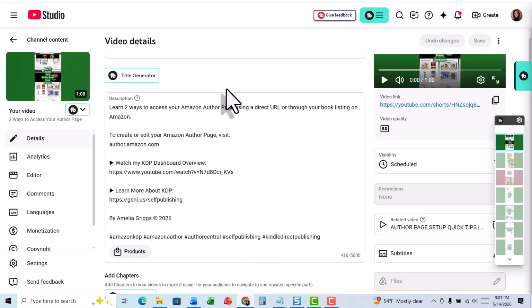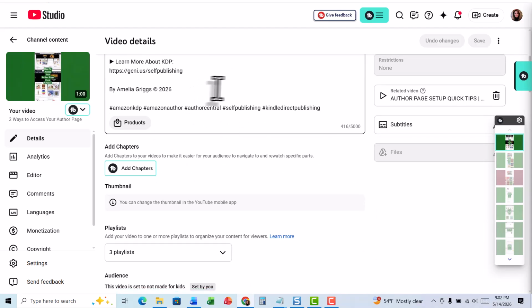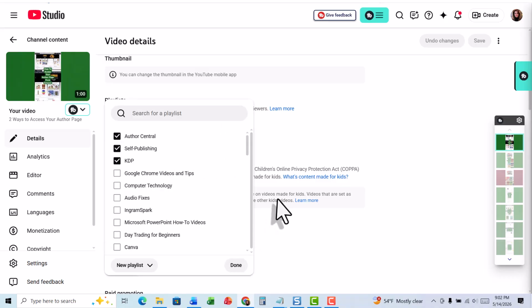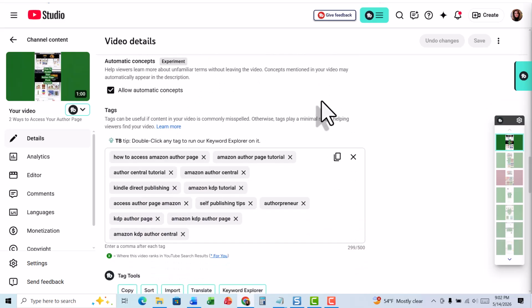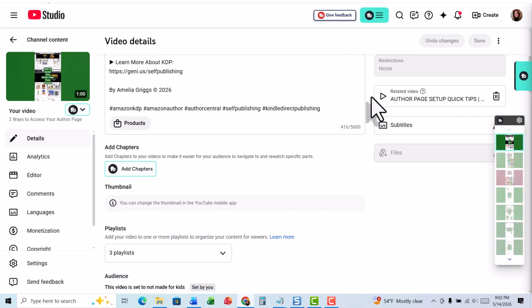And then you'll want to optimize the description as well. You want to keep the description short, fairly brief, and the first sentence could be a quick summary of what the short entails, and then a few links if you like. Further down, you want to make sure you add your short to one or more of your playlists, answer any of the questions, and then add tags as needed. Then over on the right, in related video, you'll want to select the long form video that you remixed to